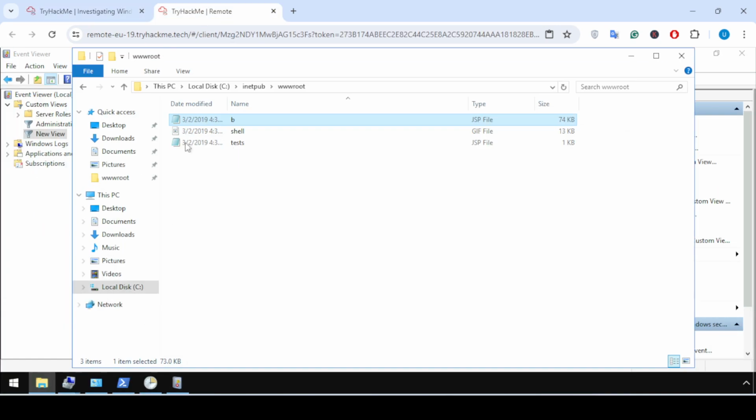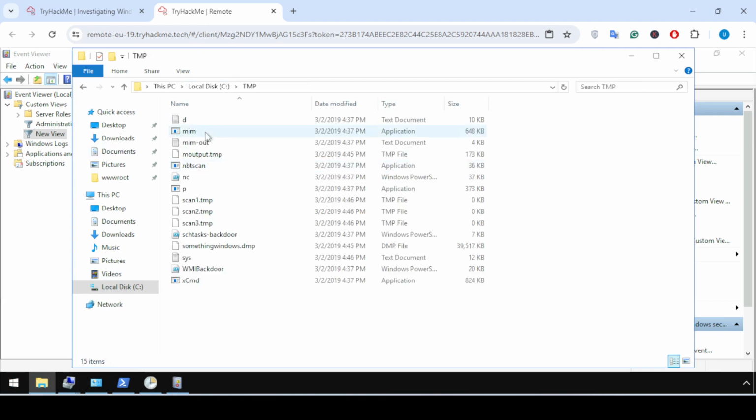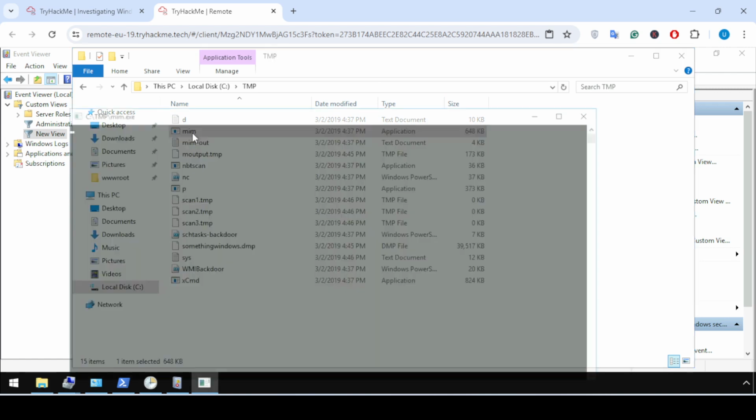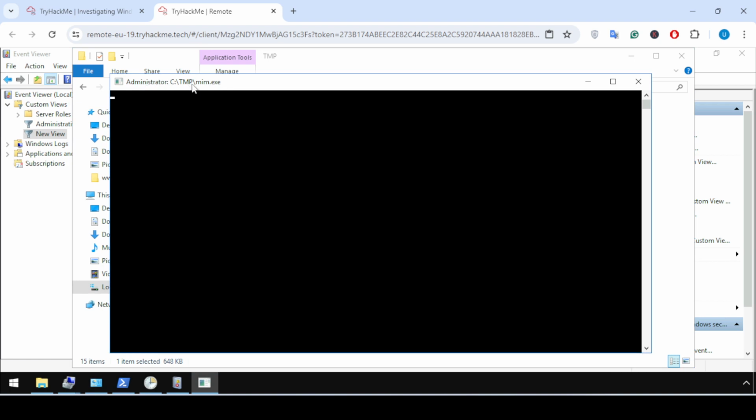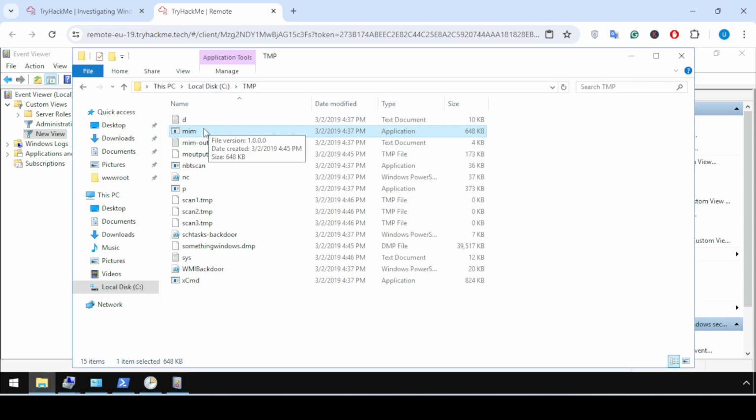Again, if we go to the C drive, temp folder, this is a text document. When I click on it, see, this task is actually running randomly, that is mim.exe.